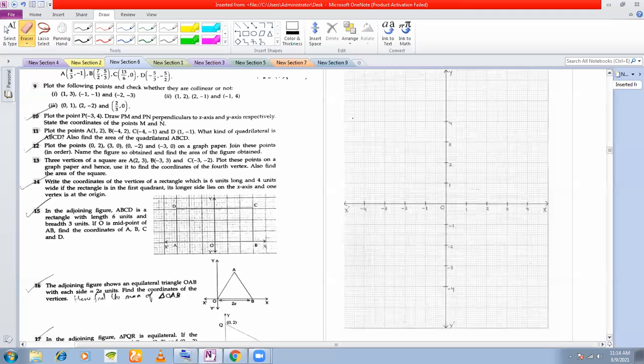Now, (-3, 4), you can locate on this graph only, right? You don't need very big numbers. So how will you plot the point (-3, 4)? (-3, 4) will be here, right? All of you agree? Yes? Okay. So once we agree that (-3, 4) is here, we'll read the next part of the question. The next part states, draw PM and PN perpendiculars to the X-axis and the Y-axis respectively. So from the point P, with the help of a scale, you draw a dotted line.